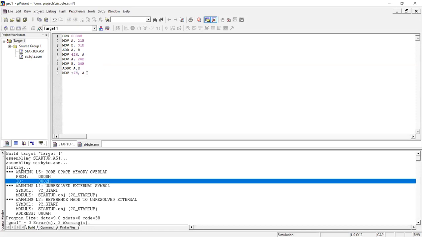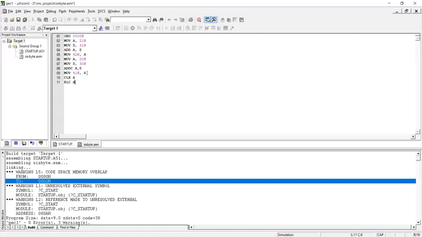Because of this addition, if there is any carry generated, I also need to include that as part of the result. Now I use the CLR instruction, clear accumulator, to make sure that the accumulator is 0. Next, I will use the RLC A instruction, rotate left with carry.